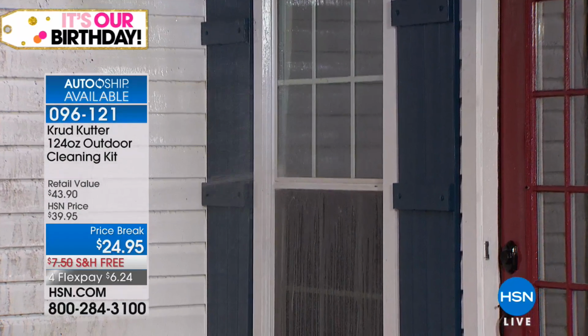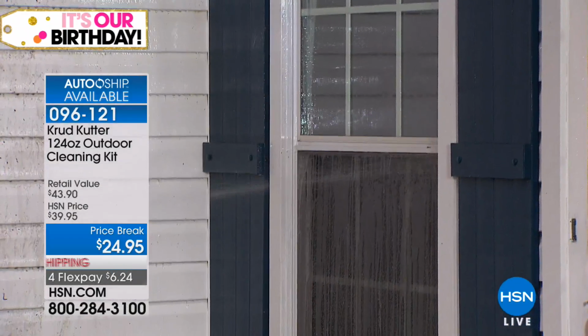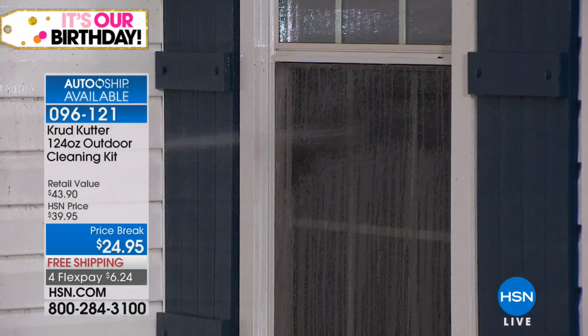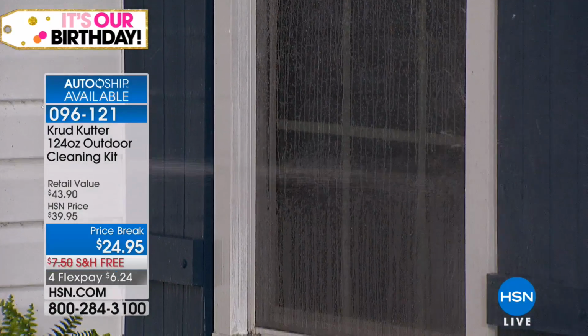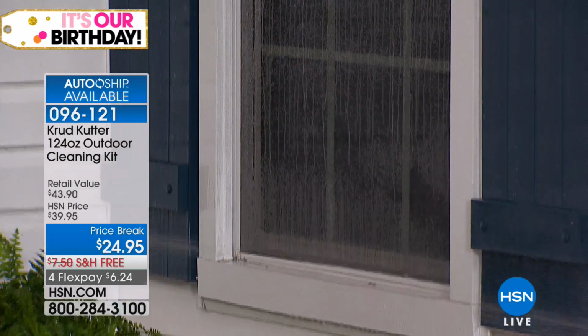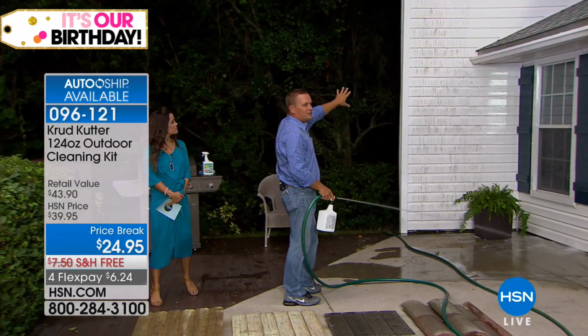I'm not having to remove the screen. Because it blasts the dust, the pollen, the dirt and grime that builds up over time right through your screen, so it's cleaning your screen and your window at the same time. You know what else I noticed? The cobwebs, the dust, the dirt. Anything. And I don't even have to worry about paper towels afterwards, okay? Nice. Now, I want you to look up here at the side of the house,